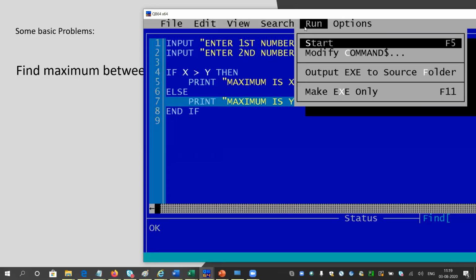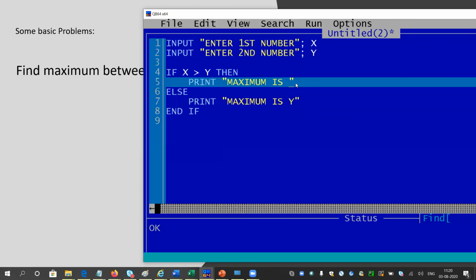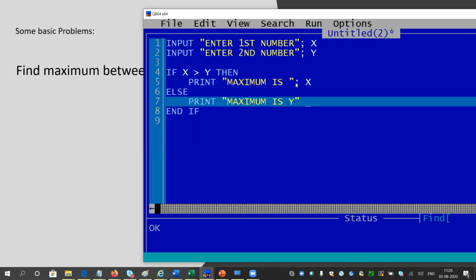The user will be scared. The user will not understand anything at all. So it is good not to show the variable names we have used. We will just show the value of that variable. We will not show the names of the variable. So it will be good to use this x and y.